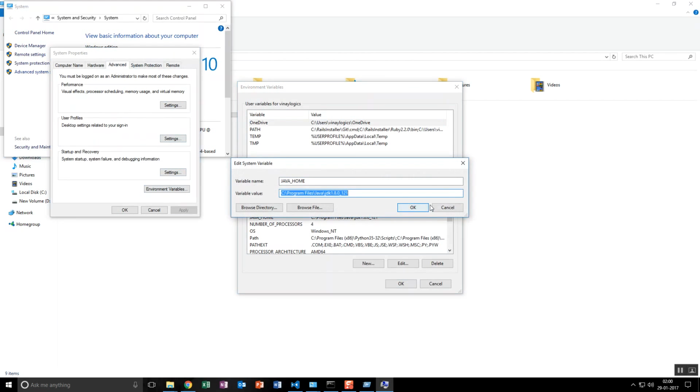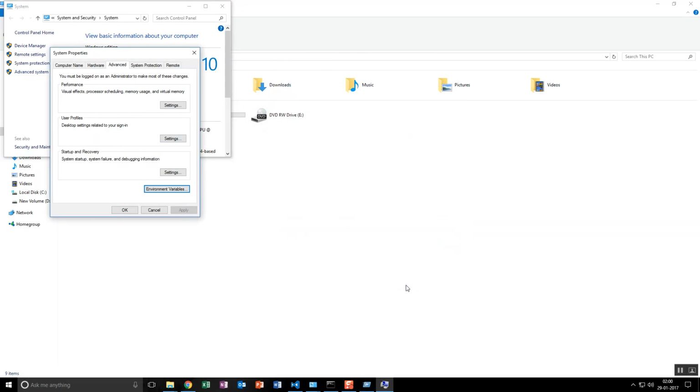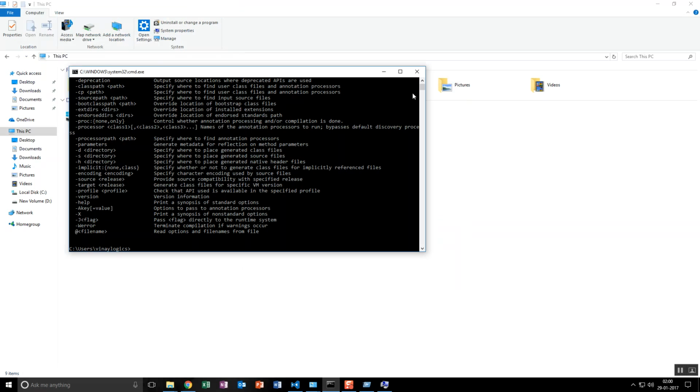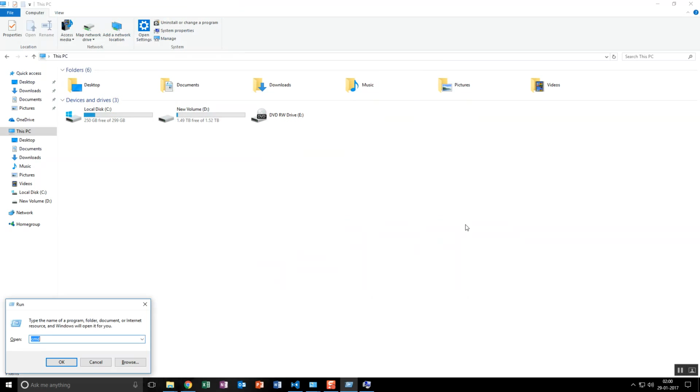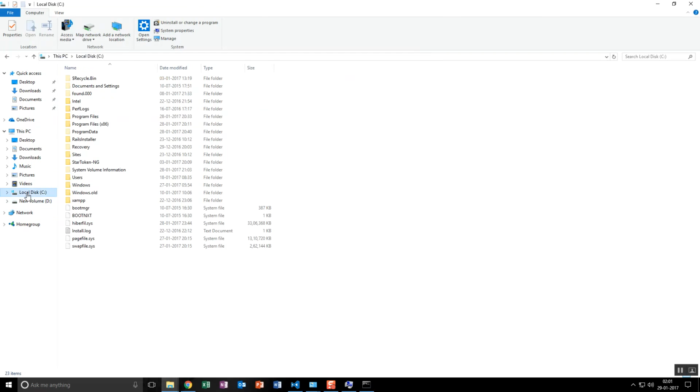This I have already set. I delete the path. This will be your initial case, since there is no Java or you have not specified the path.